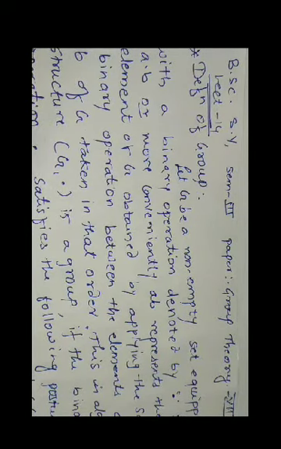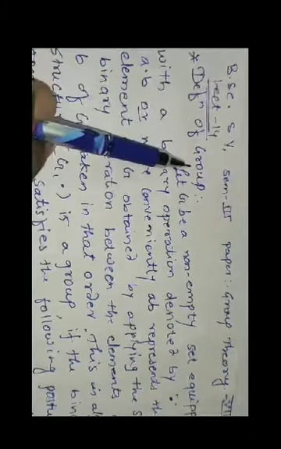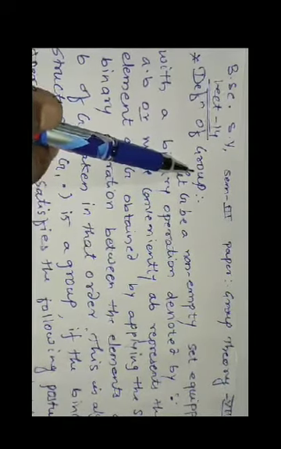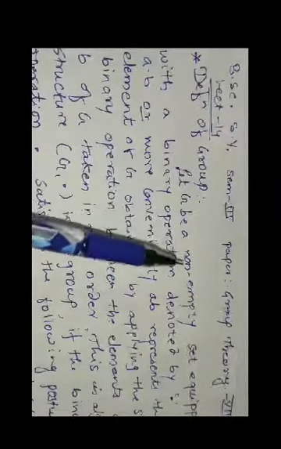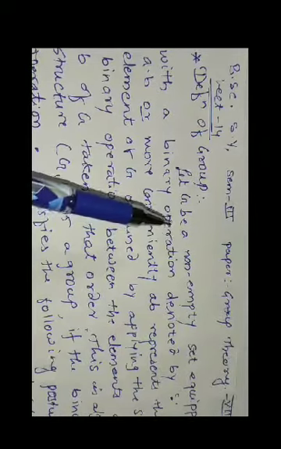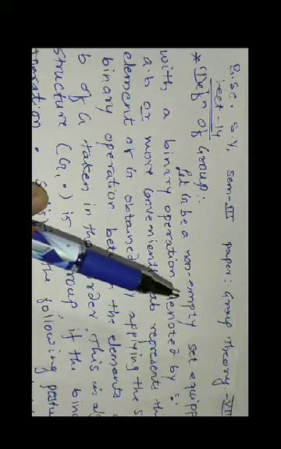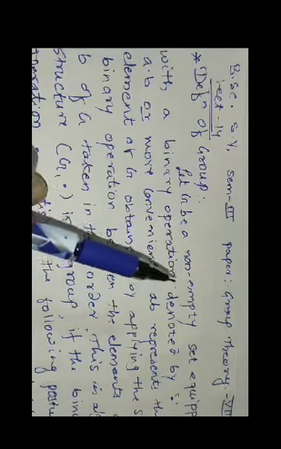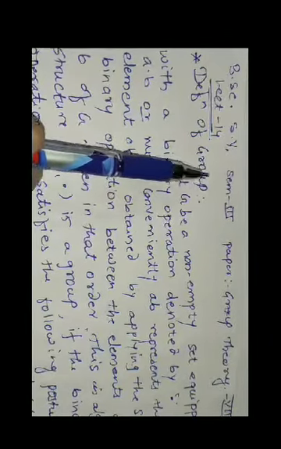So students, this is a very important concept, that is group. What is meant by group? You shouldn't consider that a group is just some elements. If 4 or 5 books are there, you couldn't say that the 4 or 5 books form a group of books. So a group is a special algebraic structure. It is an algebraic structure.